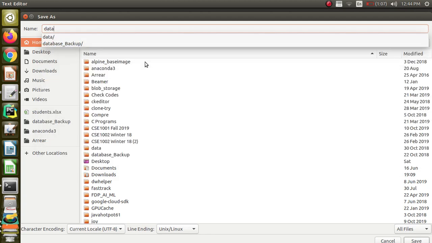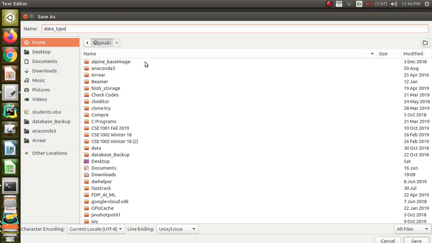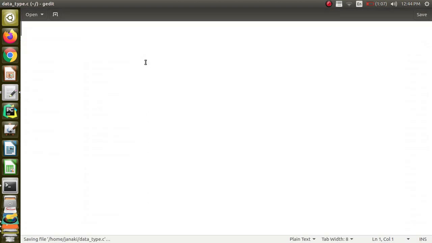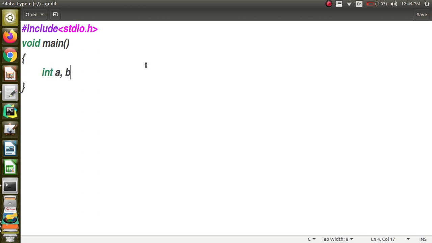Okay, so data type dot C. Any program should have stdio.h, right, and then I am going to have a main, right, and I am going to have, let it be 2 integers a and b, right, and let me say float c.